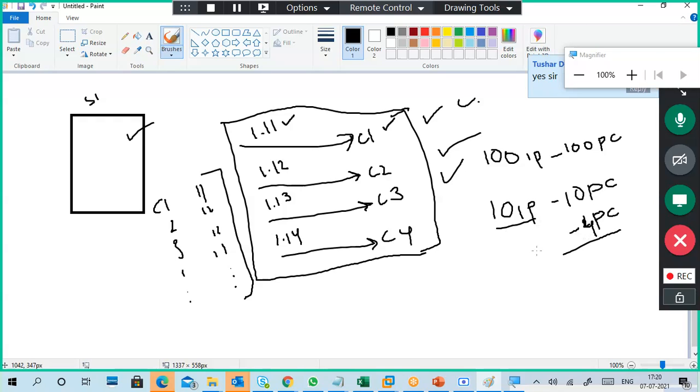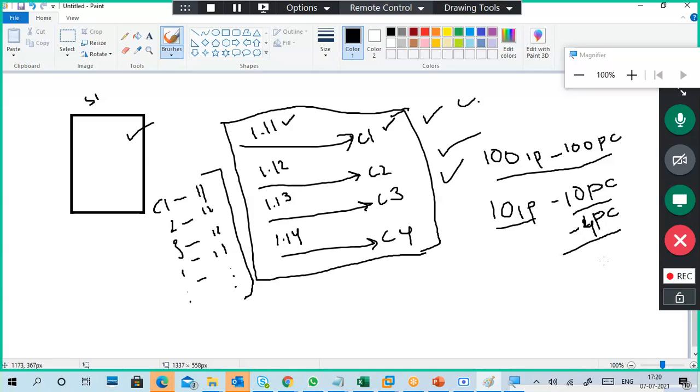Actually I took 100 as a better figure, but for our understanding I put a small one. For 10 pieces we don't require DHCP also. 10 pieces are there, 10 IP addresses are assigned, and it made a list like C1, C2, C3, C4, C5, like that.